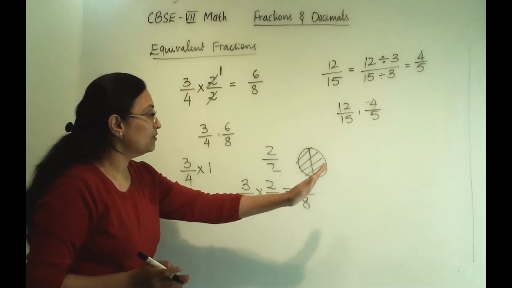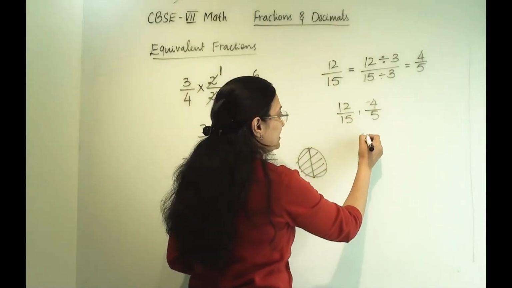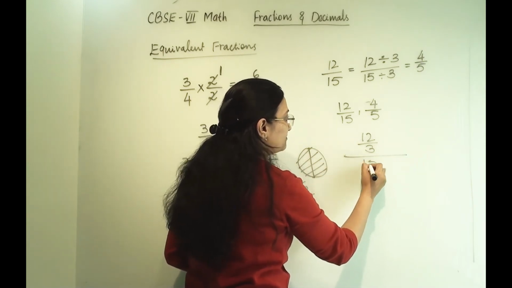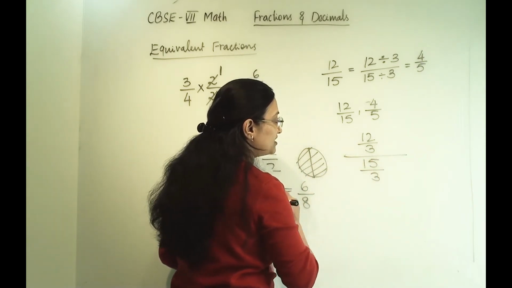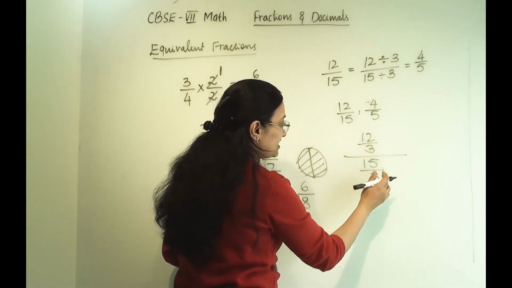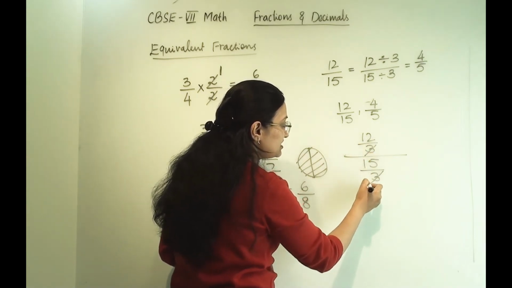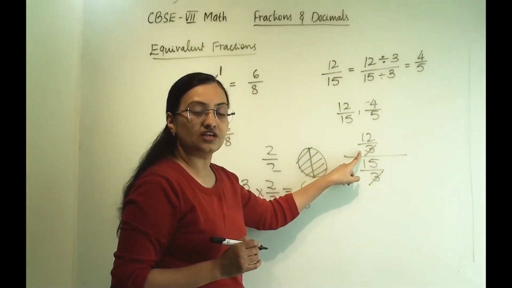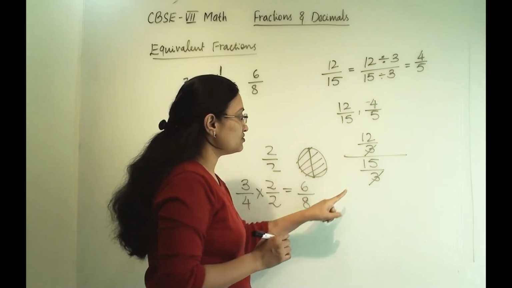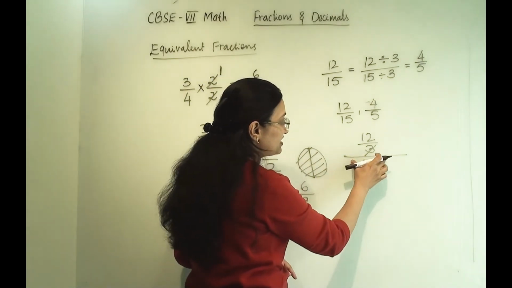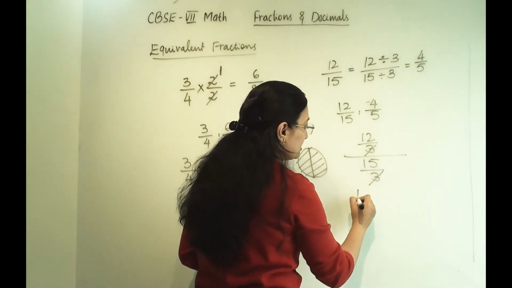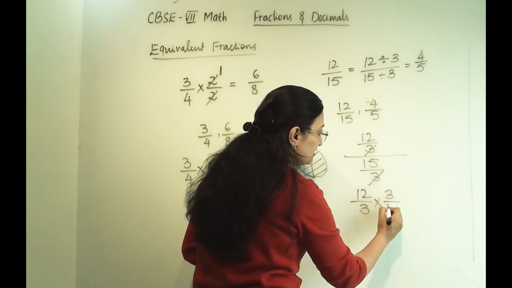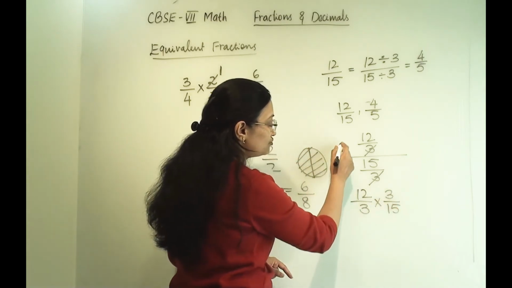The same thing will happen here also. When we are dividing 3 in the numerator and 3 in the denominator, when we write this term, this 3 and this 3 we can cut, because this 3 is in the denominator of this term. Or when we take this full term, we can arrange it like a multiplication and it is going to be 3 by 15. This is also true and this is also true.